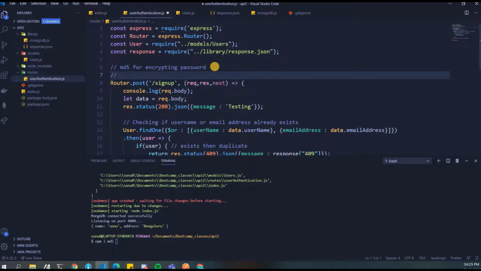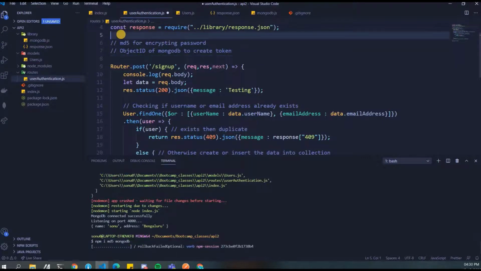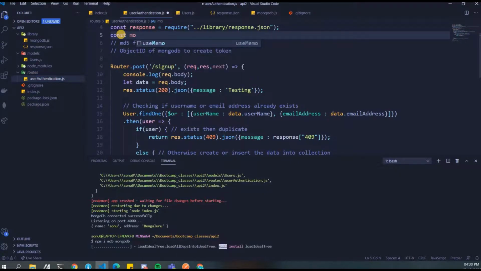And then we'll also use something called the ObjectId model of MongoDB to create the token. We'll talk about how we are gonna do it. So for now, just do npm i MD5 and MongoDB. So we are gonna install MongoDB and MD5 into our system. Let's just write these two, const MD5 just below this.